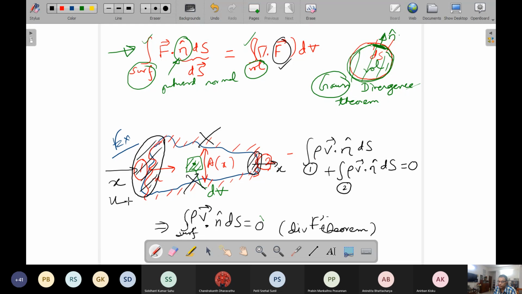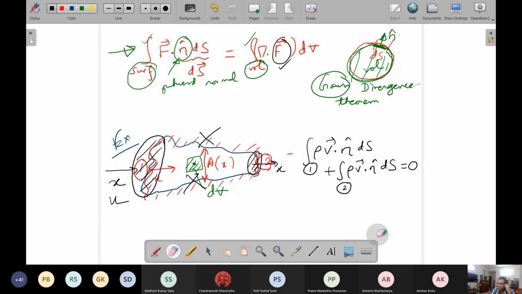This we have seen in one of our derivations, that because the flow rate depends on the component of velocity perpendicular to the plane across which the fluid is flowing. So for calculation of the flow rate, only x component of velocity is important. It doesn't mean that other components are there or not there. It doesn't make any commitment for that. What it simply tells is that for calculation of the flow rate, only the x component is important, if the surfaces are oriented normal to x. So that is our second assumption, that all the flow surfaces are oriented normal to x. I mean one particular direction, and that direction let us call it x.